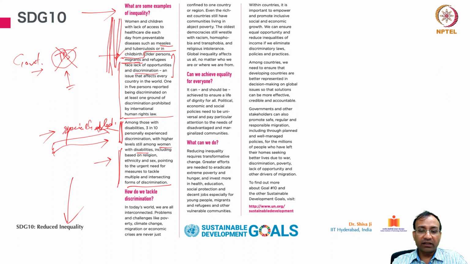How do we tackle discrimination? In today's world, we are all interconnected. Problems and challenges like poverty, climate change, migration, or economic crisis are never just confined to one country or one region. Even the richest countries still have communities living in abject poverty. The oldest democracies still wrestle with racism, homophobia, and transphobia, and religious intolerance. Global inequality affects us all, no matter who we are or where we are from. Yeah. So at global level also, if you see,